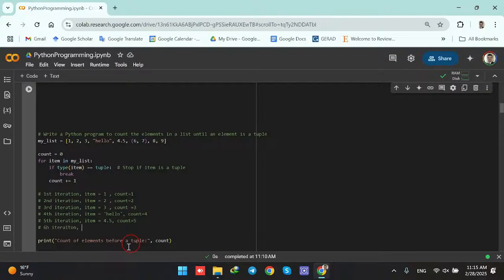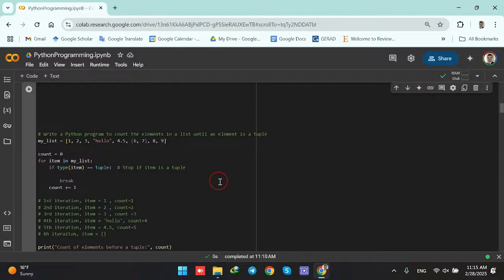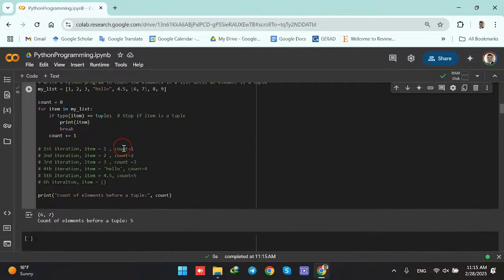In the sixth iteration, item equals, you see a tuple. Now we are seeing a tuple there. Okay. We see a tuple there. Therefore, let me also print it here. Print the item. So you see it in the output when I run. So you see that